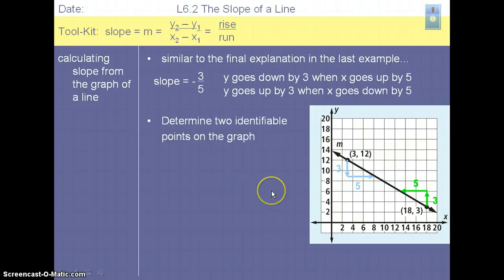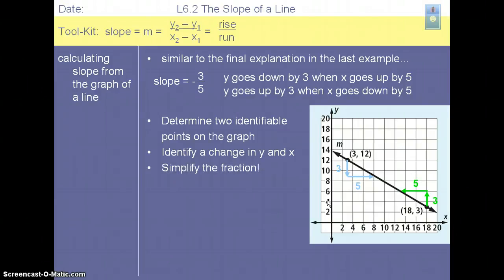So we have to determine two identifiable points on the graph, for example 3, 12 and 8, 9, or 18, 3, and then we can also see a point here at 11, 6. And then we need to identify the change in y and the change in x. And then we would go ahead and simplify the fraction. So as we work through,